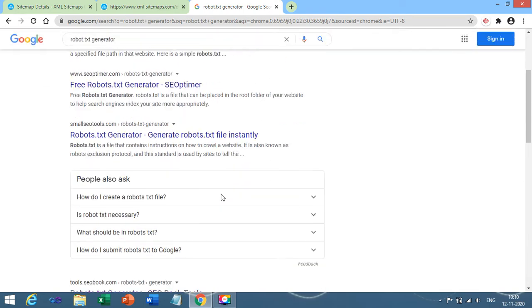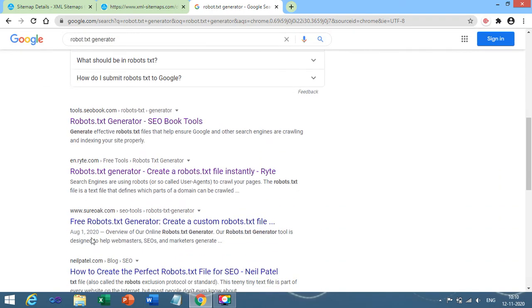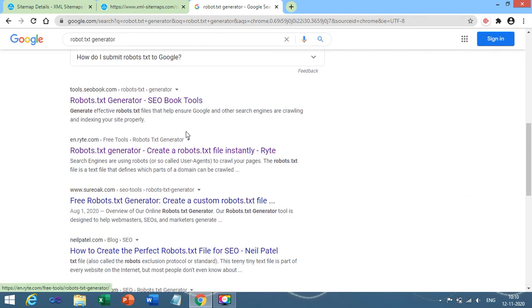Now we need to click on the en.write.com. We need to find that particular link, this one, right? We need to use this one. Lots of tools are available, but I am going to use en.write.com. So click on this particular generator.